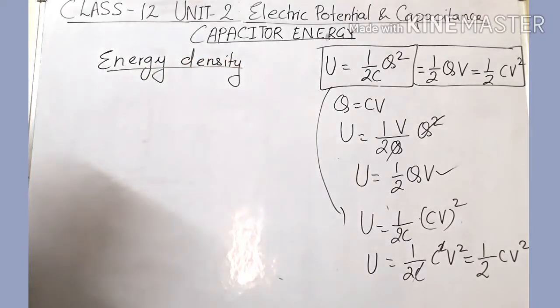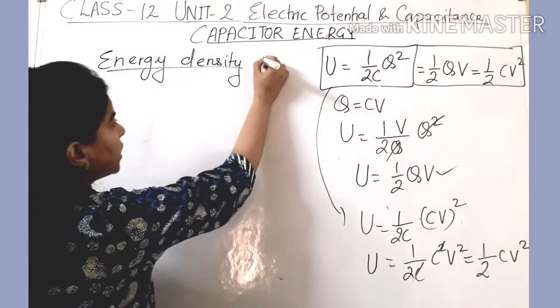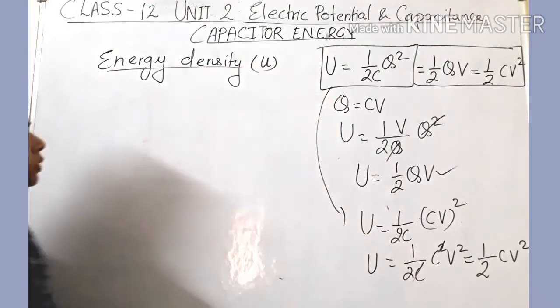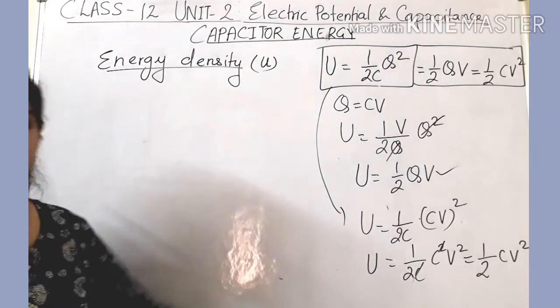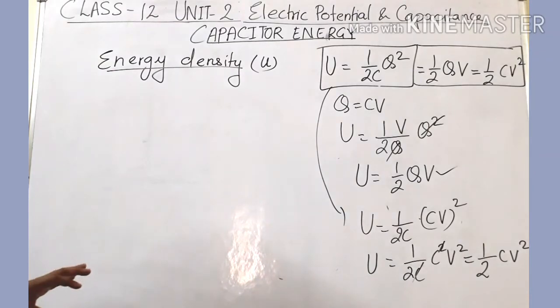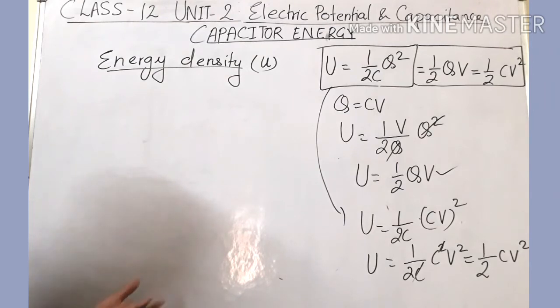Okay, we need to calculate energy density, and remember this energy is represented by U. I have not calculated the unit here because the energy term we have calculated and we have introduced the unit of energy, and that energy unit is joule only. So here the unit will be the same. Here we will use only joule. So capacitor energy also that we will discuss, we will put the value of capacitor energy only in joule form.